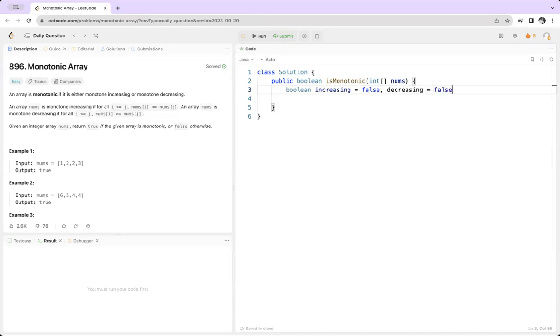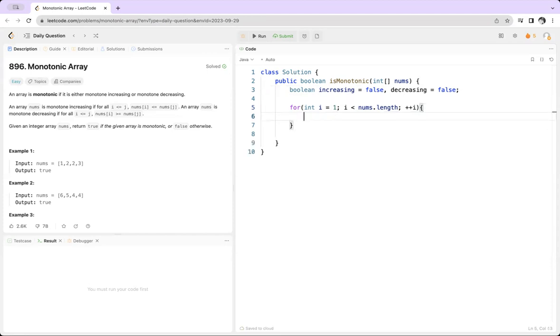Decreasing also, let's initialize them with false, and for i equal to 1, i less than nums.length, i plus plus, if nums of i is greater than nums of i minus 1, then this will be increasing equal to true,